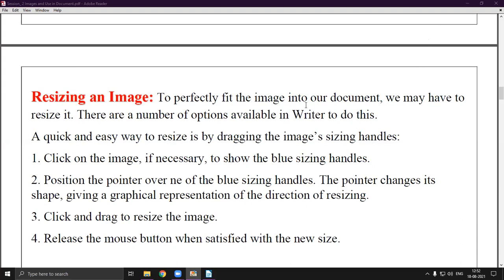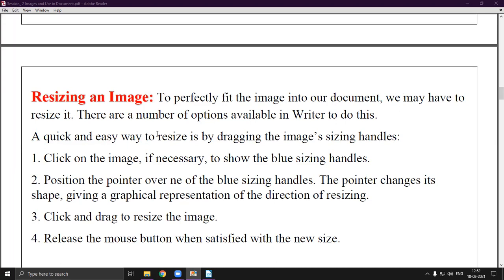What you will need to do is just click on that square which you have seen earlier. By dragging it, you can resize it very conveniently without moving to any specific tab or any specific option. Okay, so this is the shortcut method, but we will also discuss how we can resize our image in other ways.